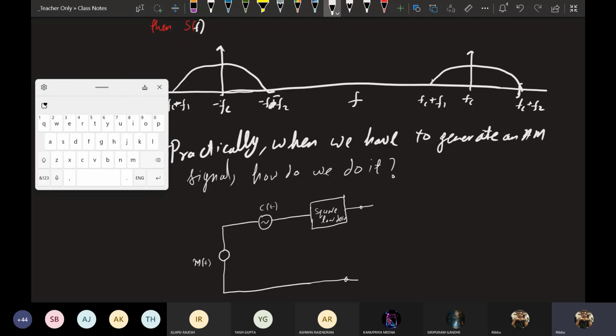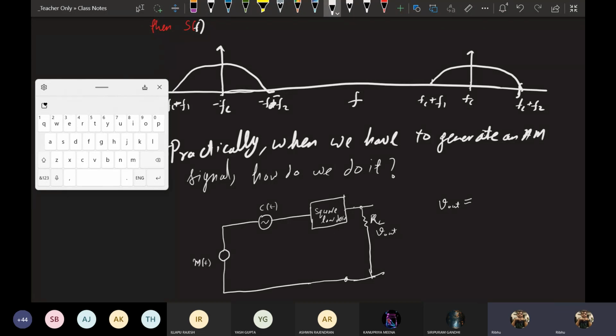And this is R_L, and end of story. So if it is a square law device, square law means simply that V out equals